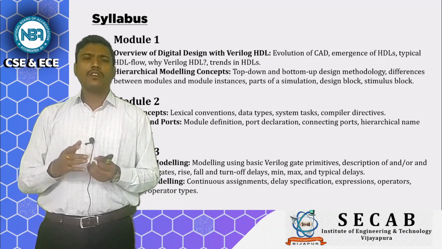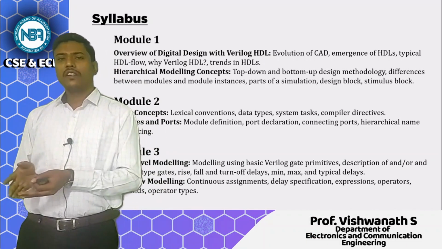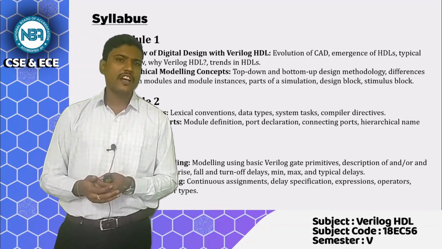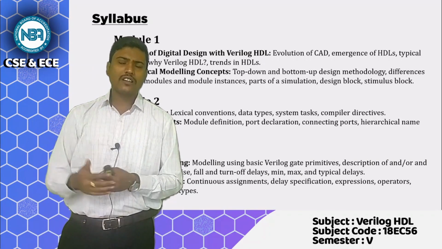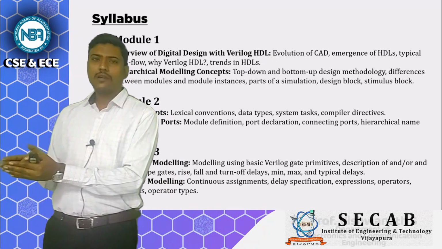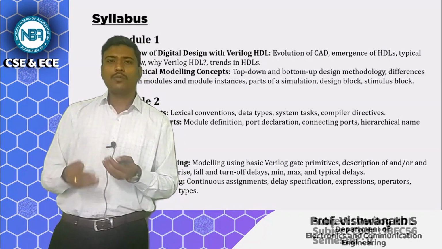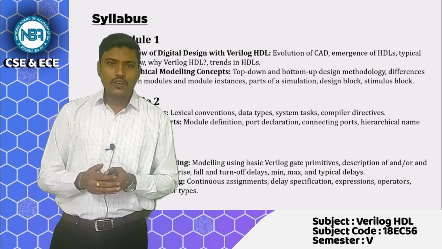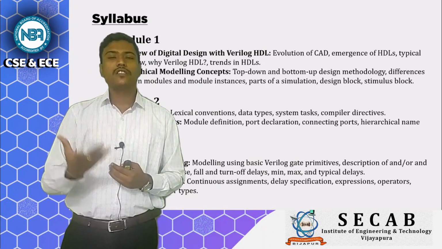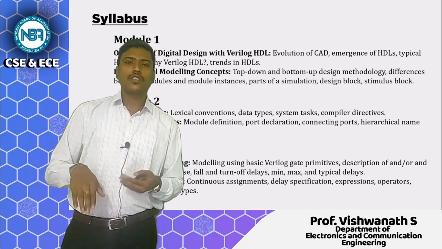If you look into basic C-level programming, you will come across certain blocks like void main, hash include, stdio.h. That is its way of writing a program in C. But when it comes to HDL, we will be writing our programs in terms of different types of modules. How we need to write these modules, how we need to initiate these modules, and how we can instantiate these modules, that we are going to study in module 2.